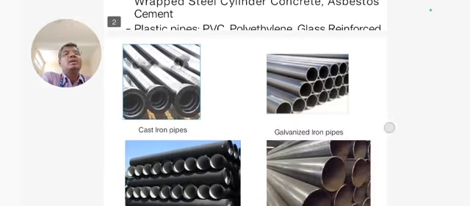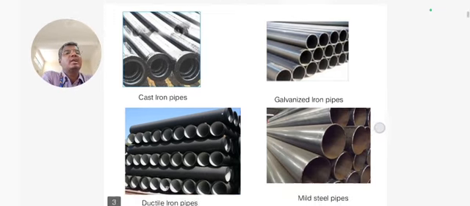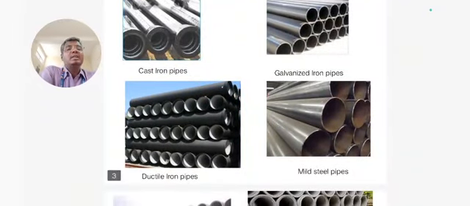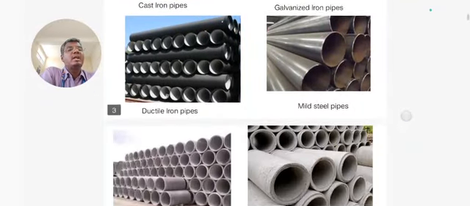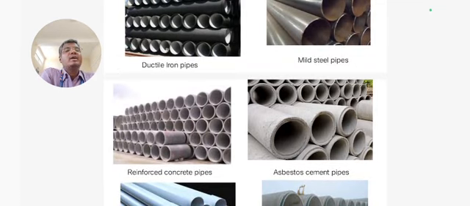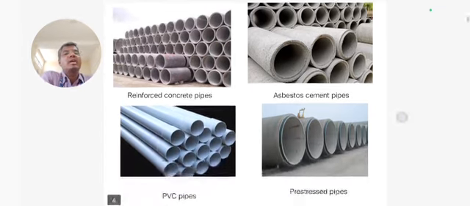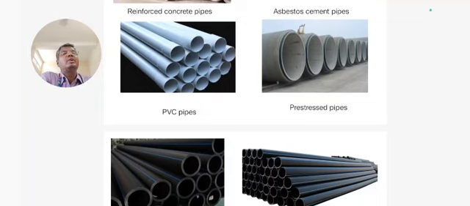These diagrams clearly help you understand what materials are used for making the pipes. The first one is the cast iron pipes, then the galvanized iron pipes, and the ductile iron pipes. This is the mild steel pipes, and this is the RCC pipes which we may have seen on our roads, and this is the asbestos cement pipe. This we may also notice on our roads, and this is the PVC pipes which we normally use in our residential buildings, and this is the pre-stressed concrete pipes which might be seen near lakes